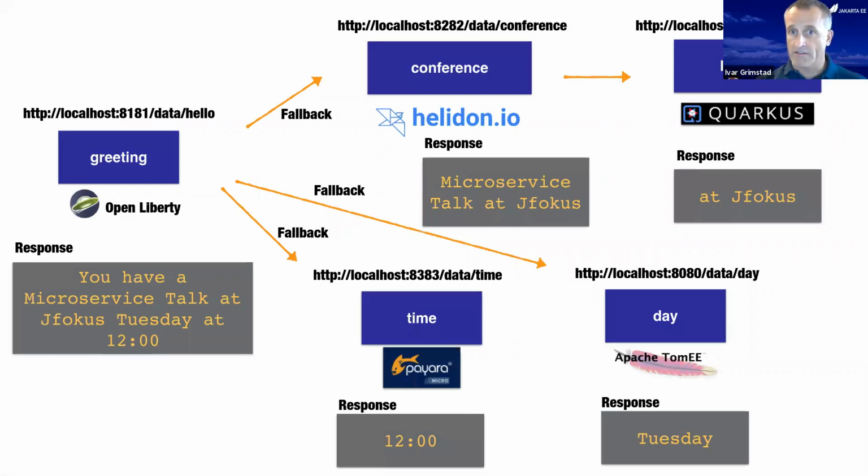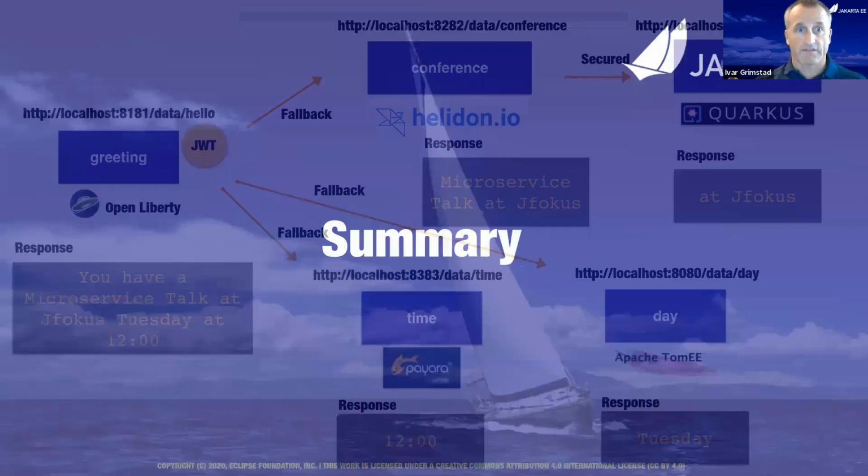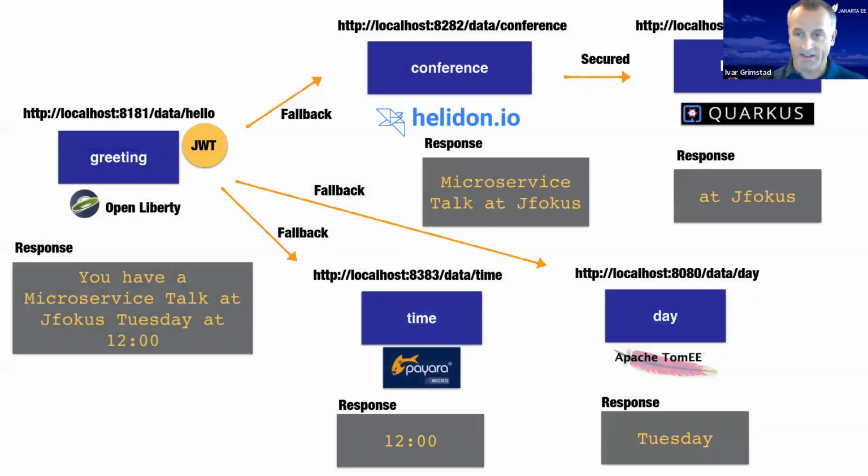What I had planned to do was to get this text: You have a microservice talk at Jfokus Tuesday at 12, and even add some security on this to secure the location service here, and then use a JSON Web Token from the greeting service that would be propagated through the conference service over and validated at the location service. And that's it. So this is the service I was planning to do, and I'm sorry the demo didn't work,